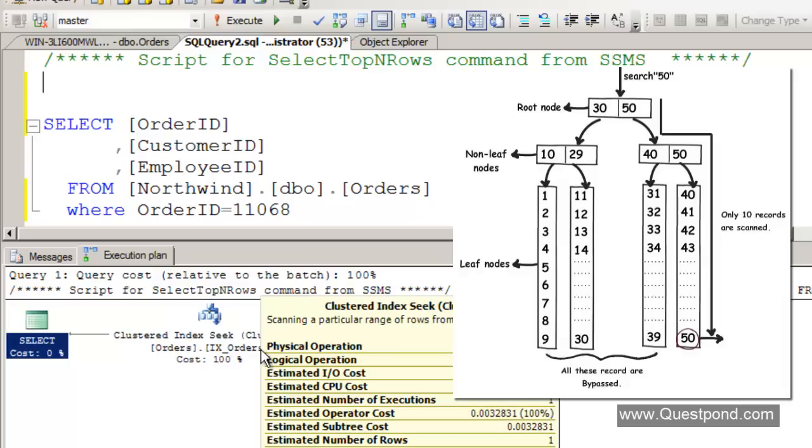Okay. So the first thing we can easily see over here is that the time we created a clustered index, it went ahead and created a B tree structure, a balanced tree structure, and because it created a balanced tree structure, it is now scanning only a range of rows, rather than scanning all the rows. So that's the first thing.